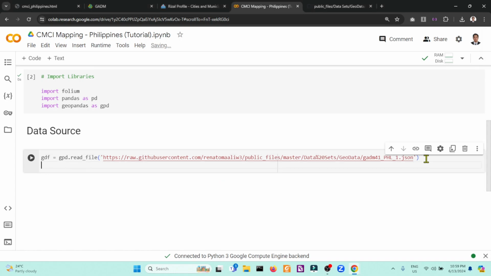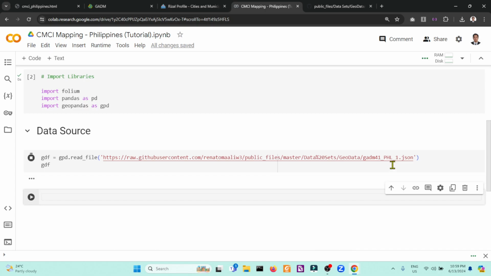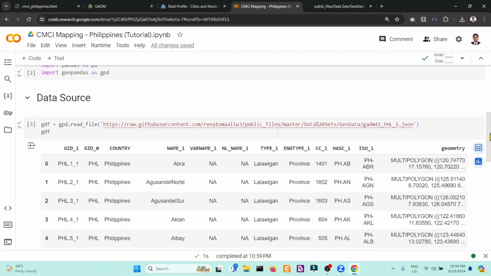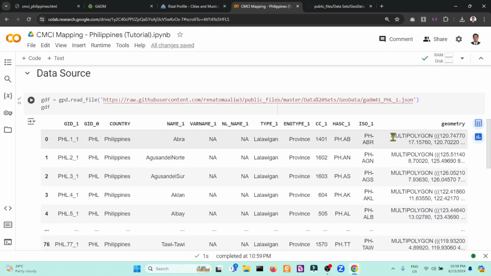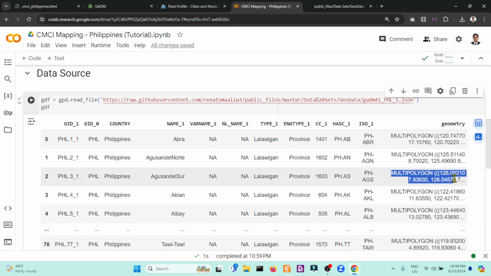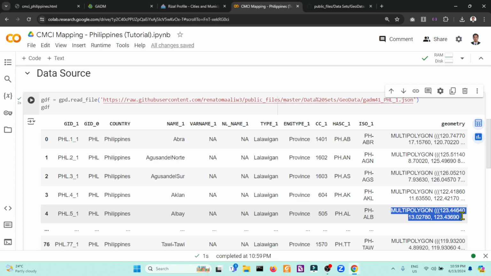If we evaluate the GDF, this will be the result. These are the contents of the JSON file. As you can see, this geometry column represents the boundary of the Philippine regions, including the provinces assigned for each region.